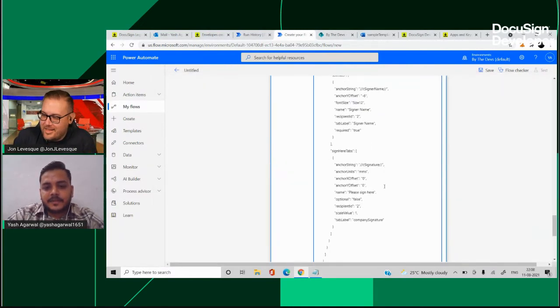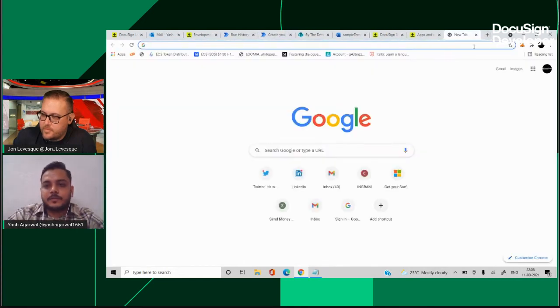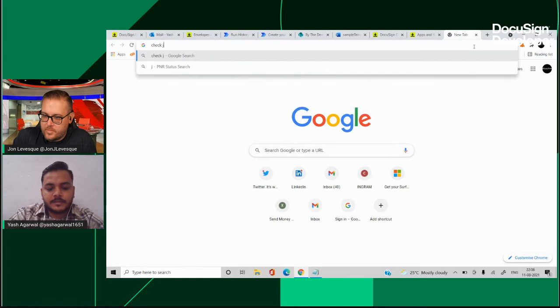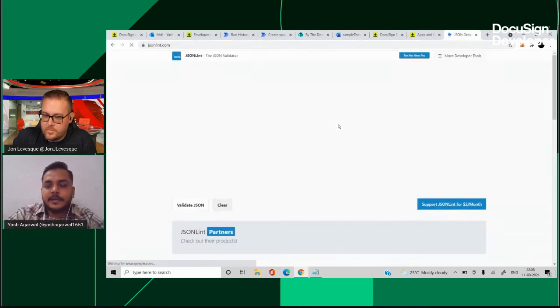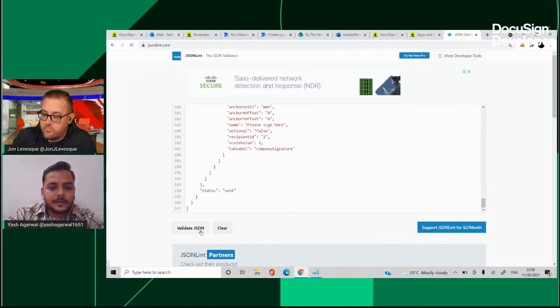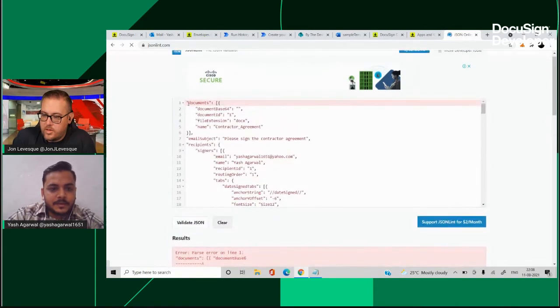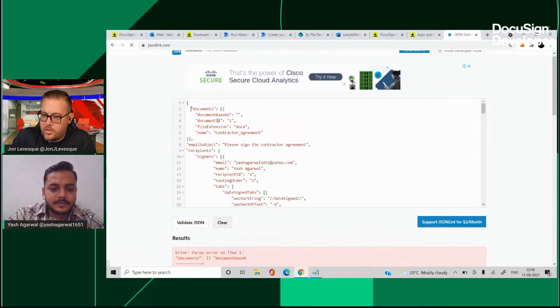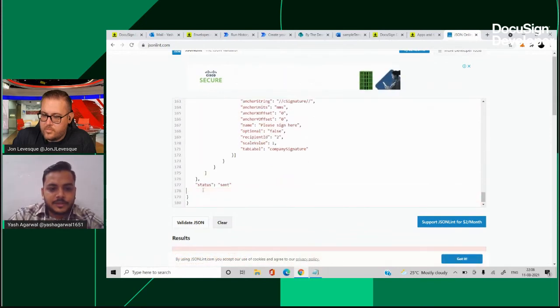I'll paste everything here. Before that, I'm just copying this and going to check my JSON. So check JSON and let's validate it. I'll paste everything here and validate JSON. There's a lot of failures. So what does it say? Okay, I'll add another brace. What does it say now? There's an additional